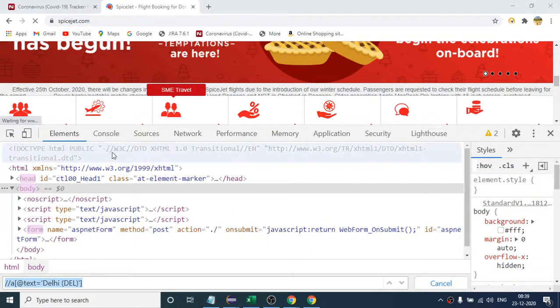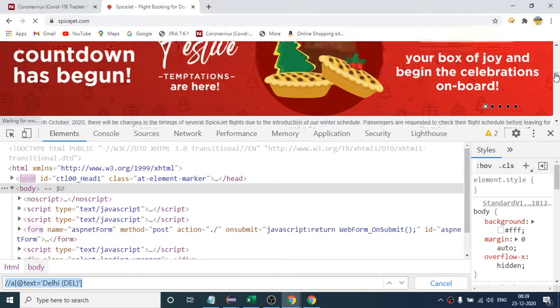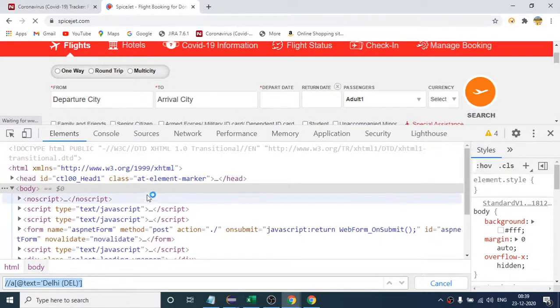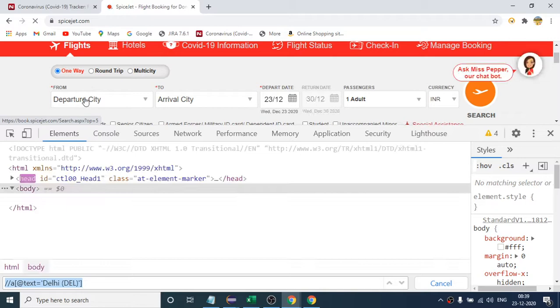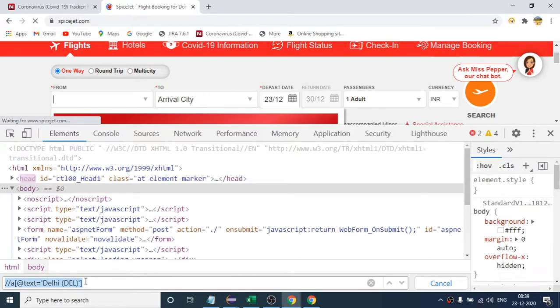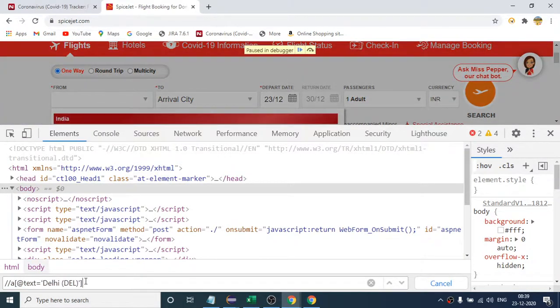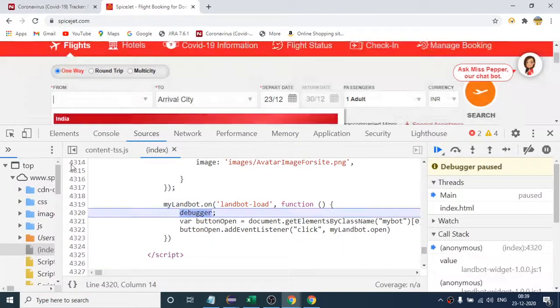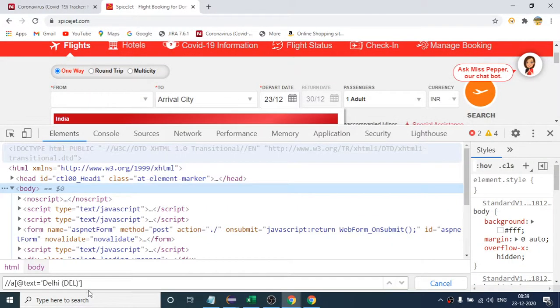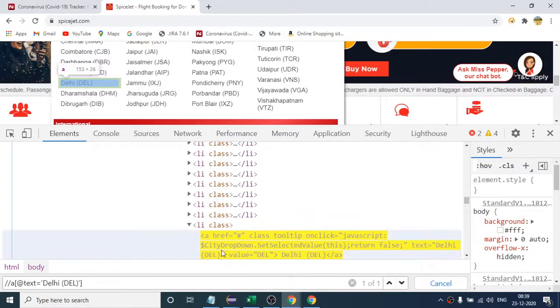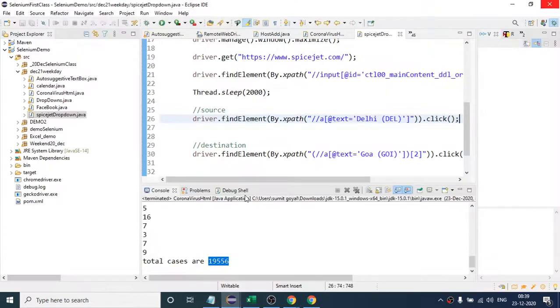So how the things will work, let us see one more time, then we will run our code. When I click this, Delhi city will load, and this is the XPath. Hit enter, and it will match. So it has matched, right? So 1 out of 1. So here if I do not put an index, it will not fail my code.